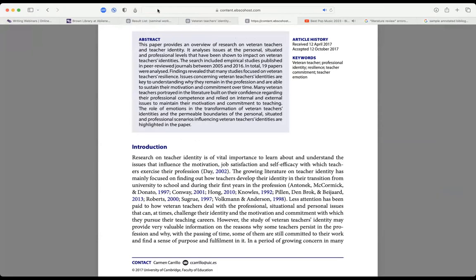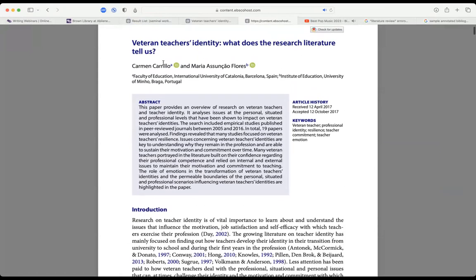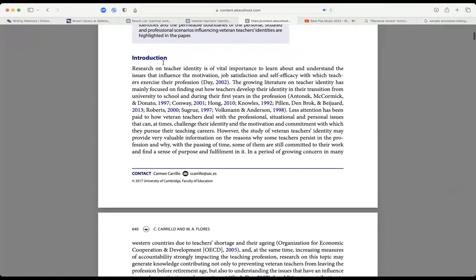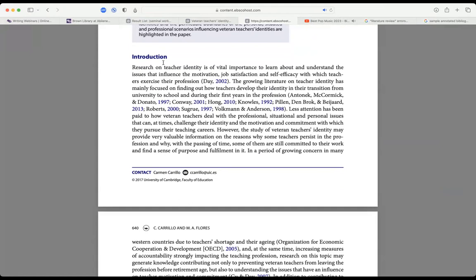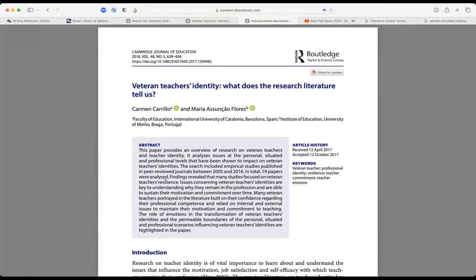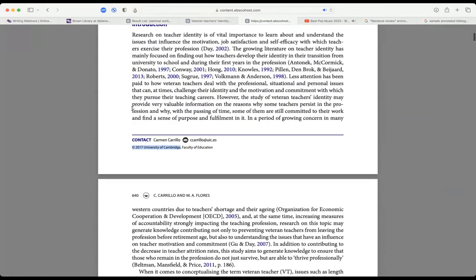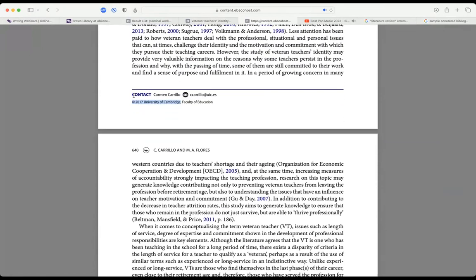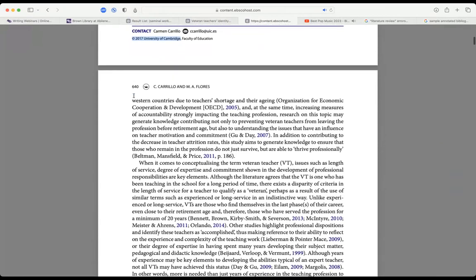Now we see that this is written in a style that is similar to APA style, but it's not APA 7th edition. I can tell because they have this, that's an APA 6th edition. And in fact, it looks like it was copyrighted in 2017. So even though it came out in 2018, it was a little older. And so looking through here,